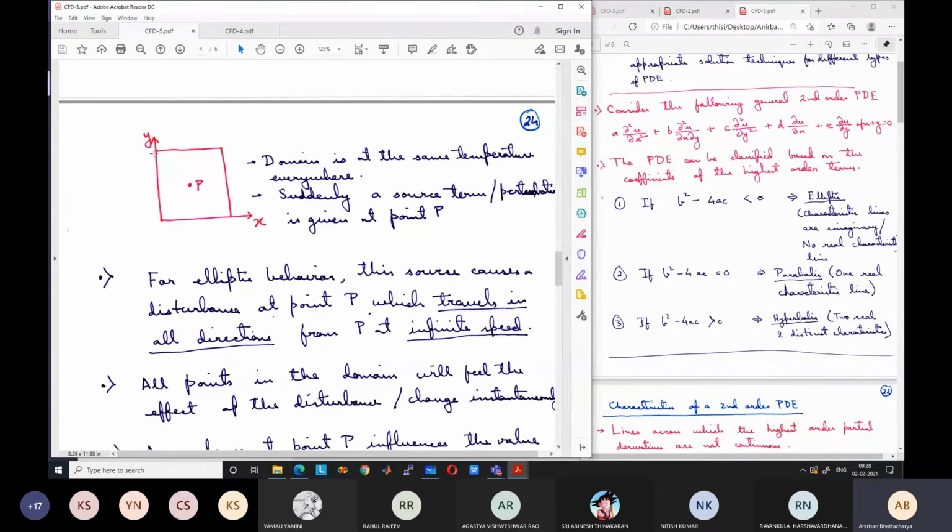So this entire domain, we want to solve the steady state heat conduction problem. Steady state heat conduction, remember, means there is no transient term, no variation with time. You have boundary conditions at the end, and based on this, you find the steady state temperature in the entire domain. Say on the left wall, the temperature is 100 degrees centigrade. On the right wall, it is 50 degrees centigrade. Top and bottom are adiabatic.